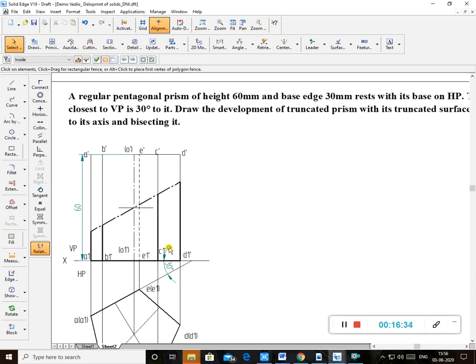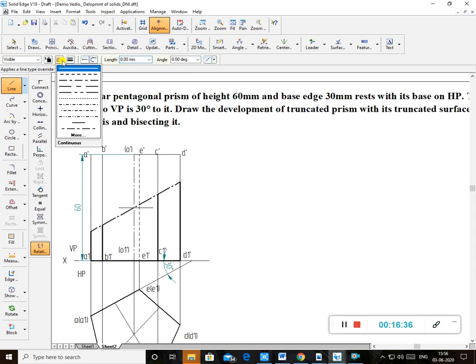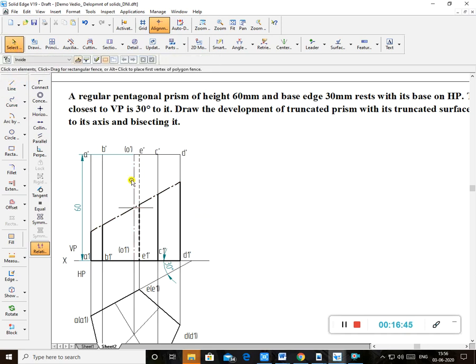How to make it dark? Again I choose the line command, dark, and redraw from this intersection point up to here. It is a dark line. So this is the retained portion now, and this is the removed portion. Make it dark. Now I show the angle. Which angle do you show? Whatever angle is mentioned in the problem. From here to here you mention the angle. This is angle 60. So this is complete. Now you have to decide cut points.